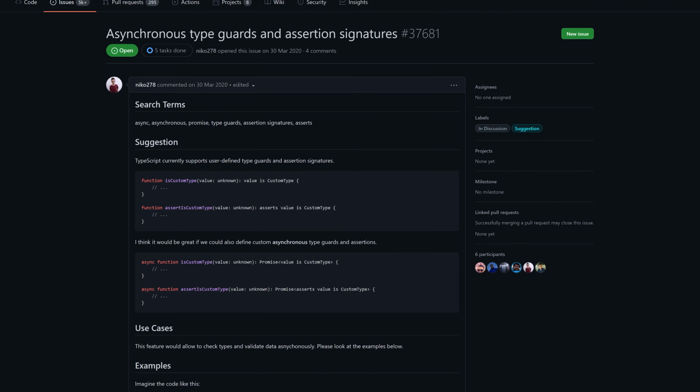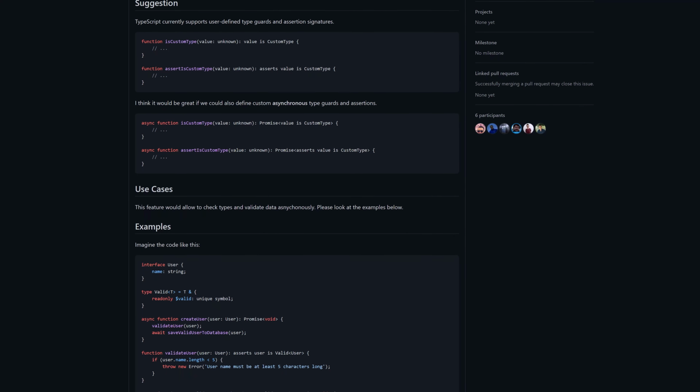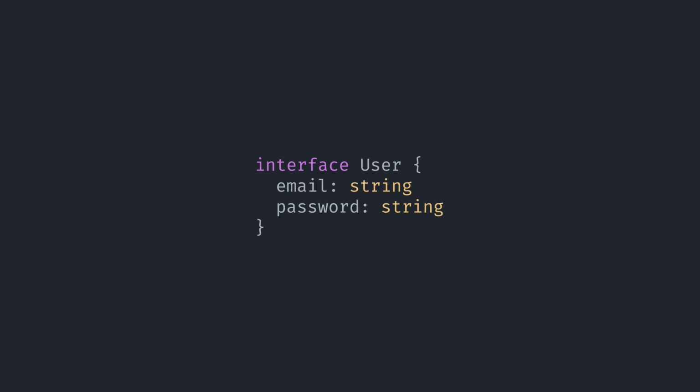Awesome! Now that we got the implementation, let's discuss a real-world scenario where it would really be beneficial for us to have asynchronous type guards. Because checking if a value is a string asynchronously is not a good use case. I'll give you an example inspired by the one that Dominik Glodek gave when he made the feature request for asynchronous type guards. You're writing an API endpoint that receives data to create a user.